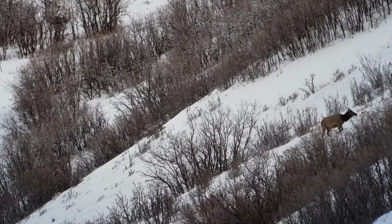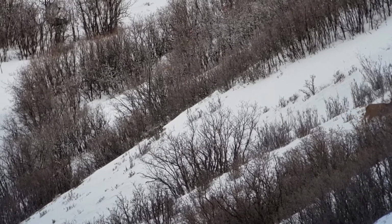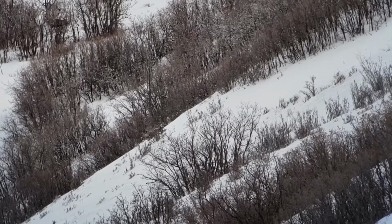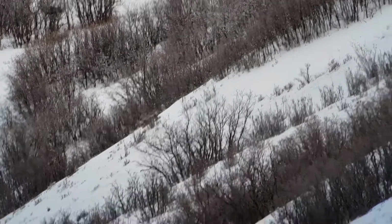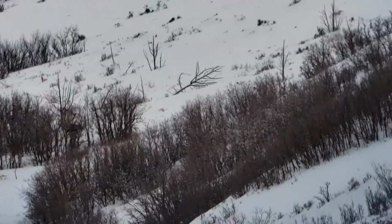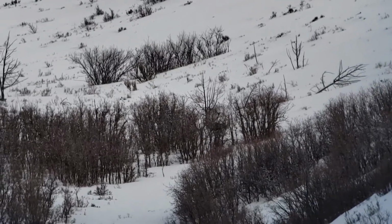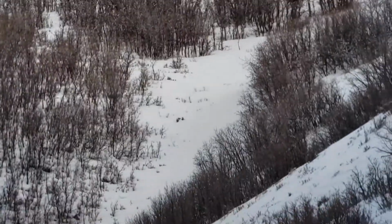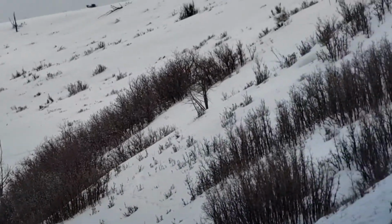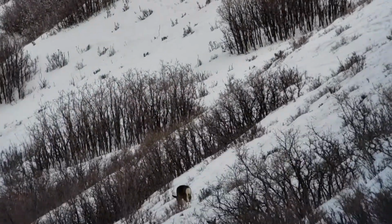It's kind of steep, but I do have some snowshoes, and usually if you take it on a little bit more of an angle, you might be able to get up in there. It will be a bear to get out unless they're a little bit higher and I can slide them down on an angle. These are not going to be very easy to get out. Got one buddy that pointed at one of these canyons one time and said, "Hey, if you get one up in there, you're on your own." So, I don't know. Anyway,